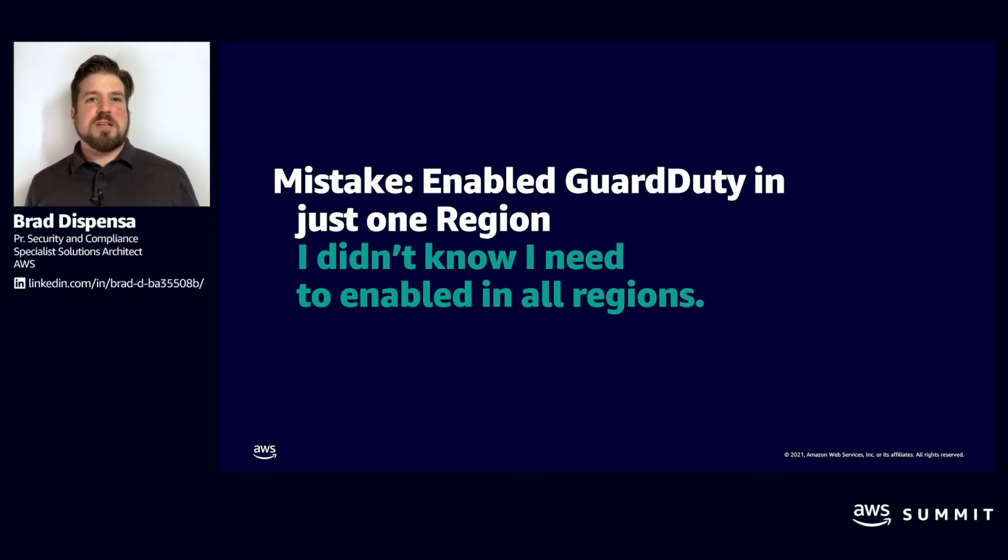The reason is that you want that information to come to you in regions that maybe you don't often use, but an adversary knows that you don't often use. So a good example. Sometimes we see when customers have an unfortunate security event where they have a situation where someone unauthorized is in their account, the adversary will look for where the majority of resources in their account exist, and then they'll go to use a region that has no resources, meaning it's often unused, unmonitored. When you don't enable GuardDuty in those regions, you don't get those notifications to know that an anomaly has occurred and that something unusual is taking place.